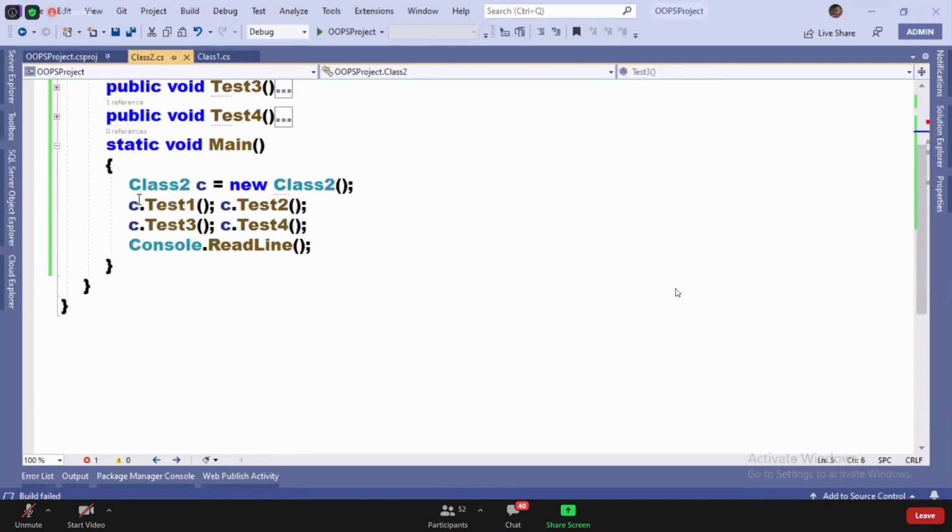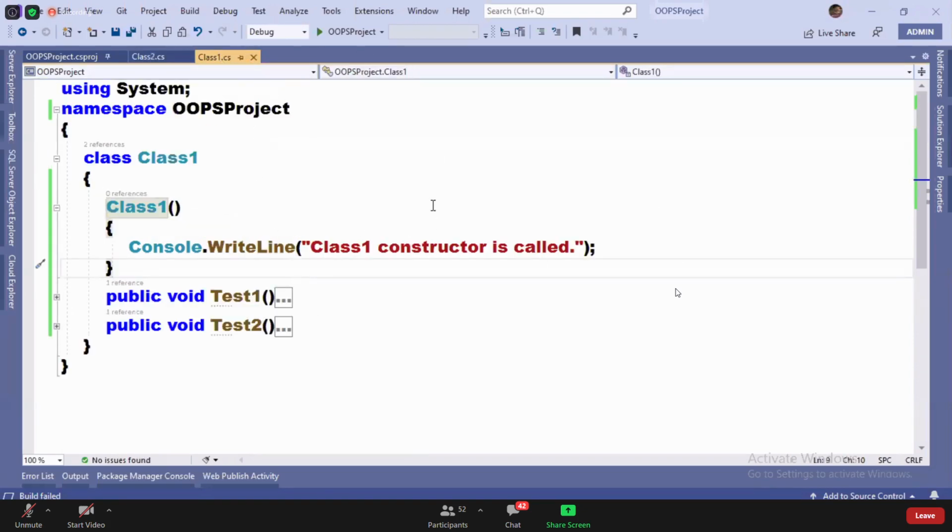Instance created, no, see, instance created. Object of class 1. Did I say that here? Did I say that if the constructor is implicit, you don't require to create an instance? If a constructor is explicit, you should create an instance. Did I say that?